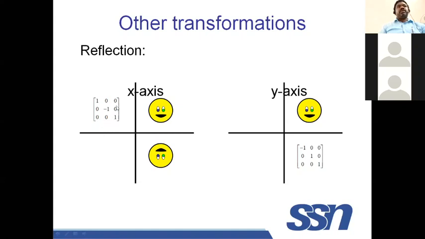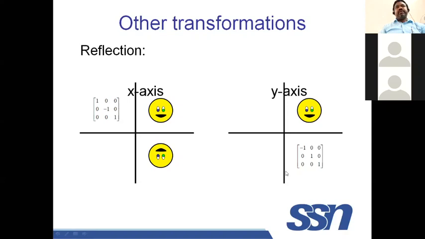This will be 0, 0, 1. This column will be 0, 0, 1. This is the real mirroring operation. We are giving negative sign to this value. Okay, so y value is going to be negative if you do mirroring with respect to x-axis. It is done. The same fashion, if you look at the second image, here mirroring is done with respect to